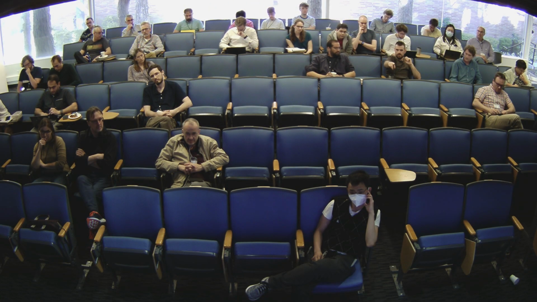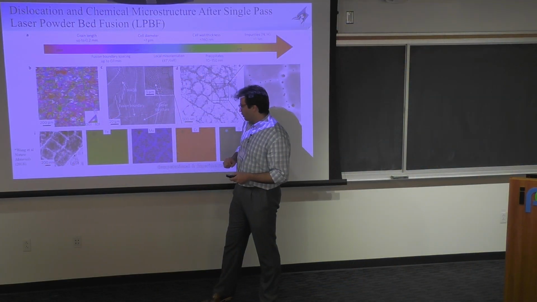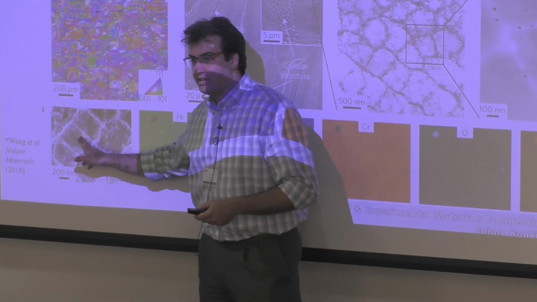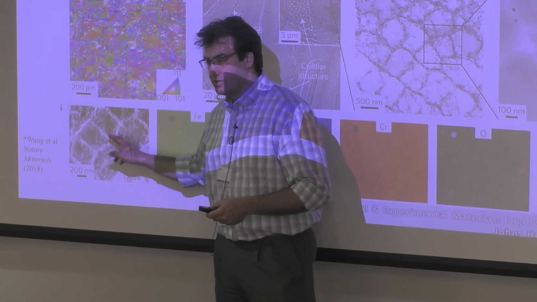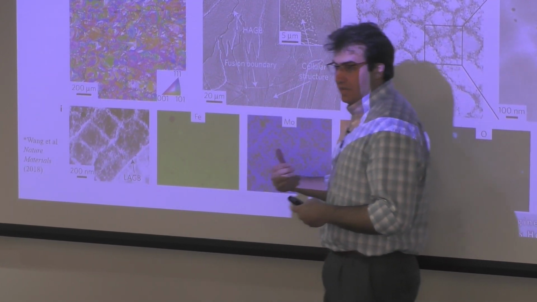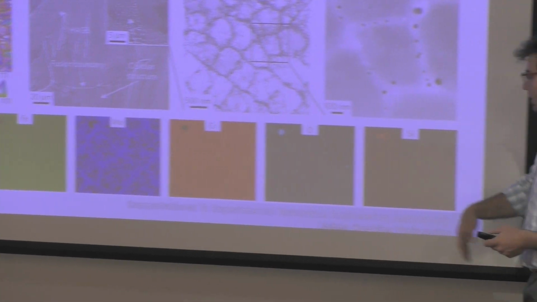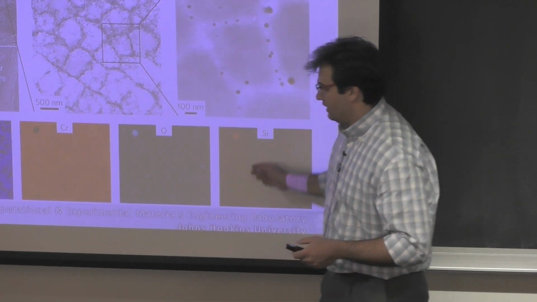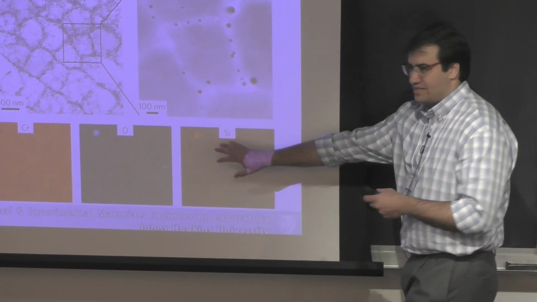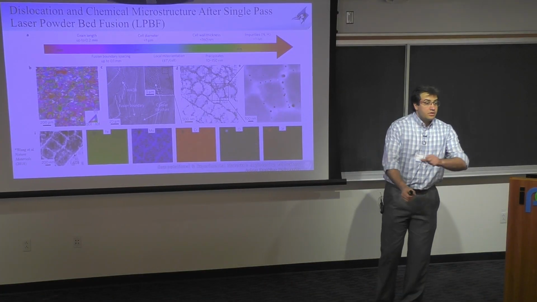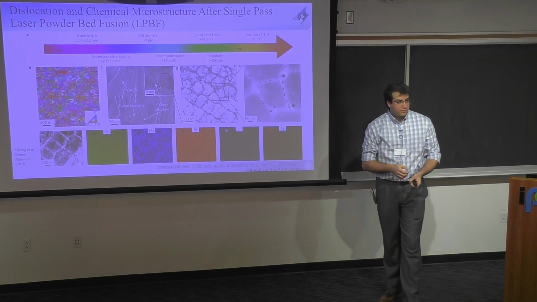Sorry, is he saying it was just moly and chrome that were? Yeah. So in this case, moly and chrome are higher, and I think when you look at iron, what you'll see is that the iron is actually higher in the cell interior, not on the boundaries. So the chrome and the molybdenum decorate the boundaries. The iron is mostly in the center. There is very little oxygen, very little silicon in these samples, so they're not necessarily correlated with anything. What about porosity? There's no porosities in these samples that I'm aware of.